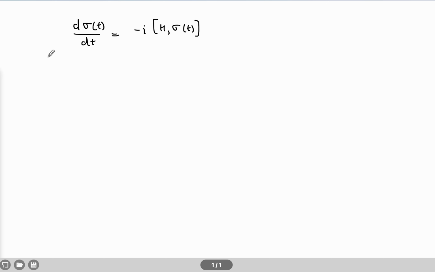And the solution to this equation was given by σ(t) = e^(-iHt) σ(0) e^(iHt), and this applies only when the Hamiltonian is time independent,